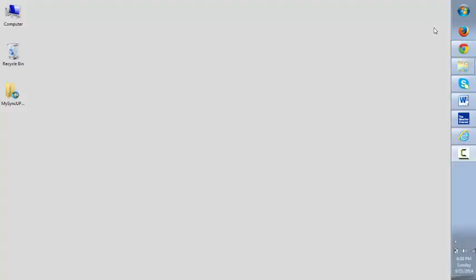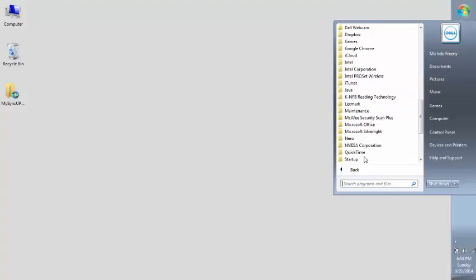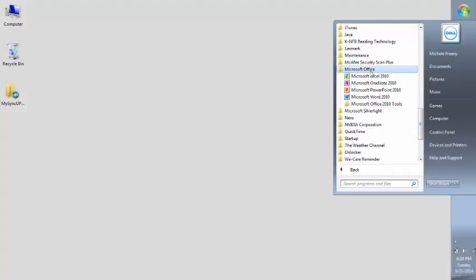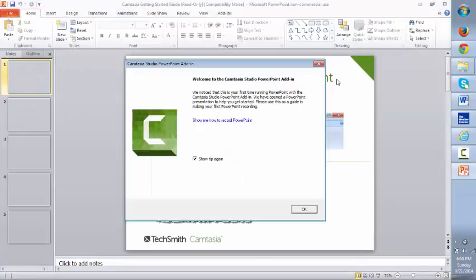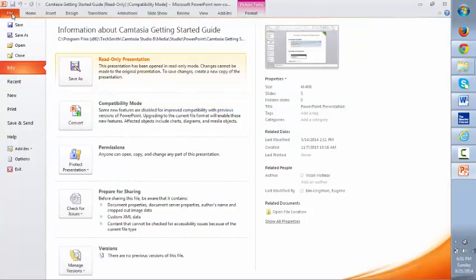We're going to first access PowerPoint. Some of you may have it on your desktop as a shortcut, but I do not, as you can see. So we're going to go to our Start icon there, All Programs, Microsoft Office, and select Microsoft PowerPoint 2010. Okay, it immediately opens, and because of the Camtasia software, this defaults. So we're just going to go ahead and select File and New